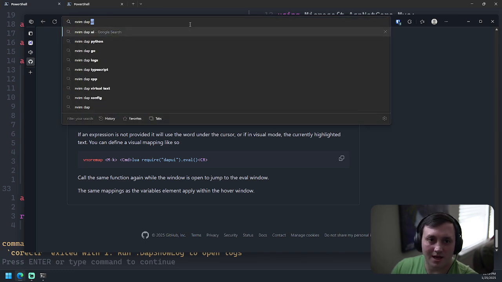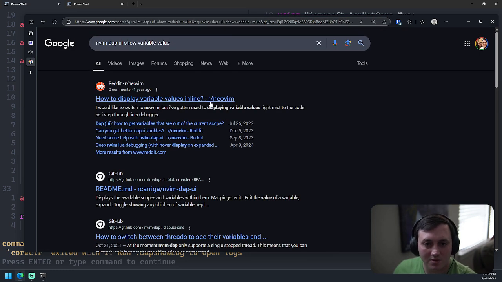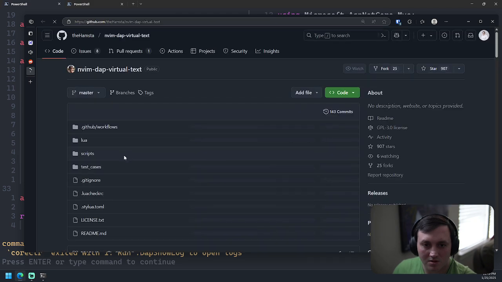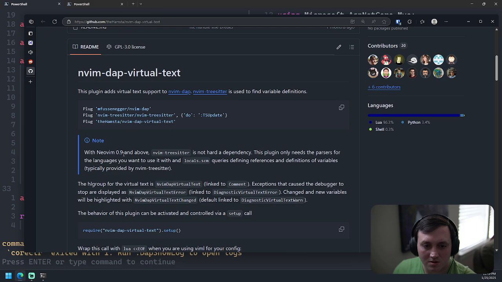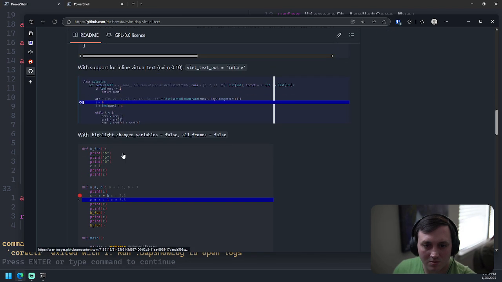In app UI, show variable value. What's this do?